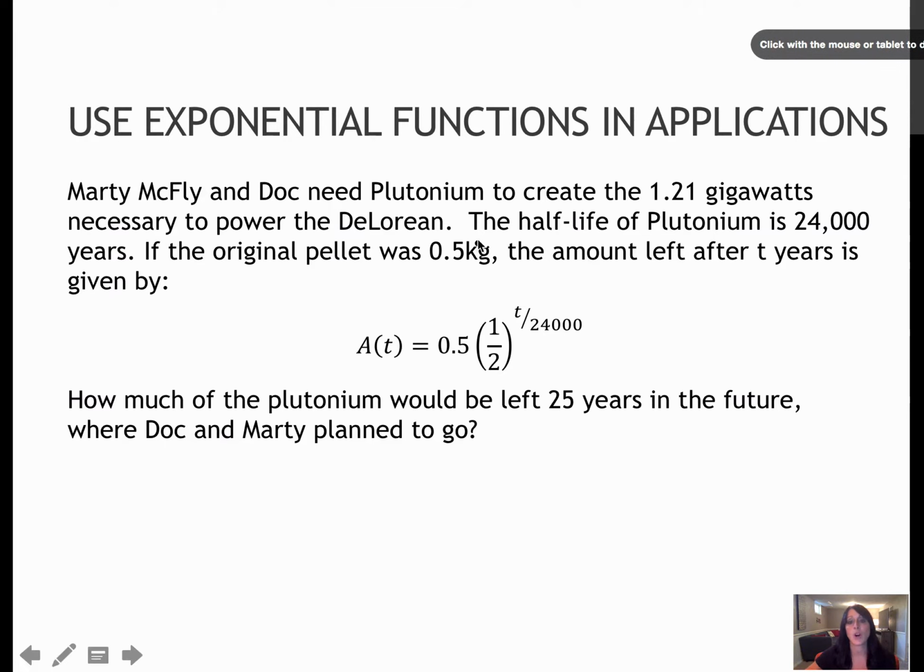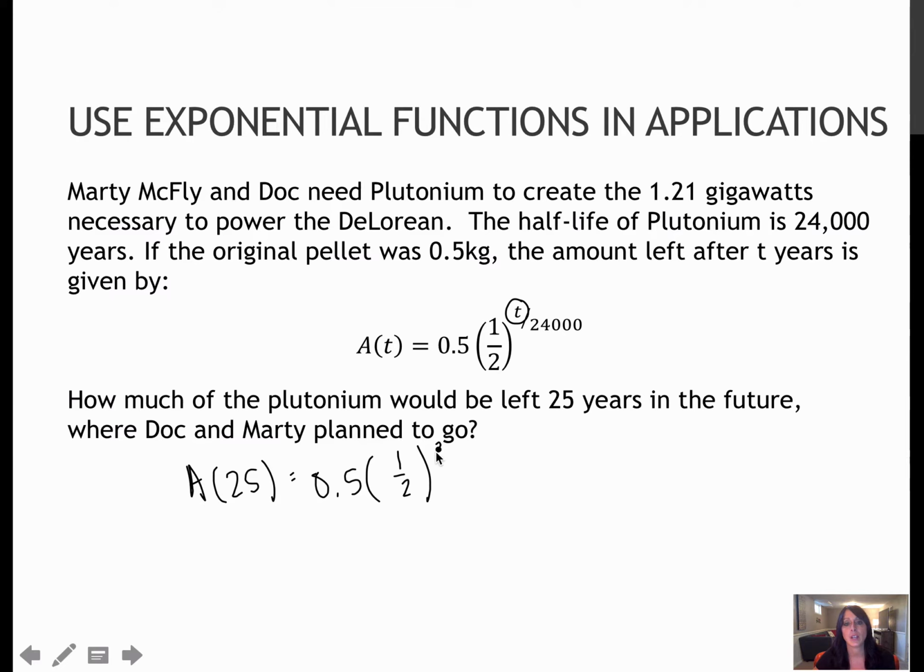So again, they've already written this function for us, which is very nice of them. And essentially they're saying let t equal 25. So I'm going to find a of 25, which is 0.5 times 1/2 to the 25 over 24,000. So I'm assuming that we're going to have quite a bit of plutonium left because 25 years is not a ton when the half-life is